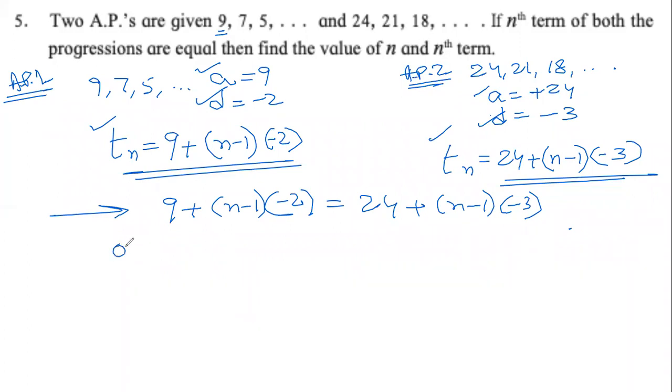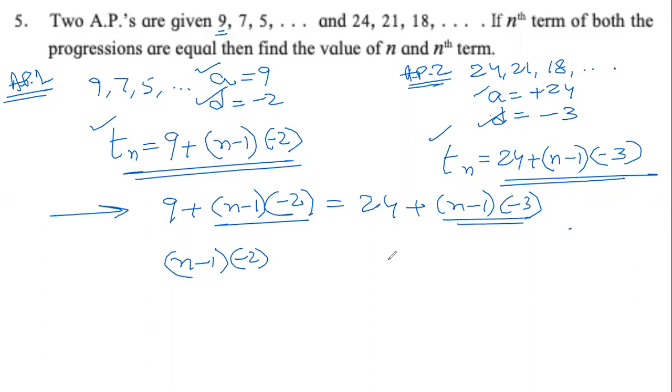If I write the first step, 9 is 9, right? And what do I do? No, I will solve it in a different way. Now that you are able to understand a lot of algebra, let us do it in a different way. Let us see if you can get it. Now let us keep this here only. n minus 1 into minus 2.